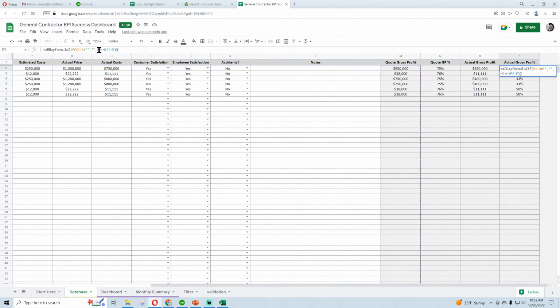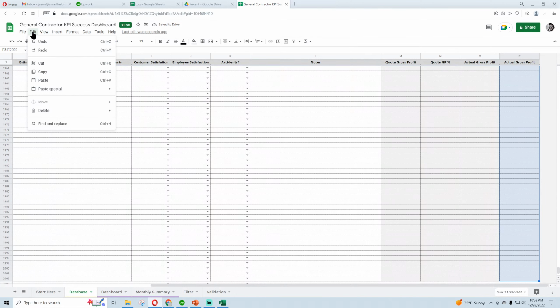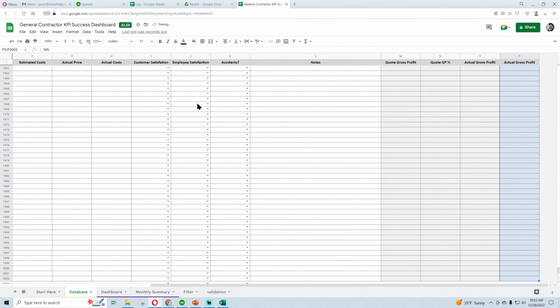I'm just doing this to check myself more than anything on the calculations to make sure there's no errors. So what was that? O, actual is G. Okay,